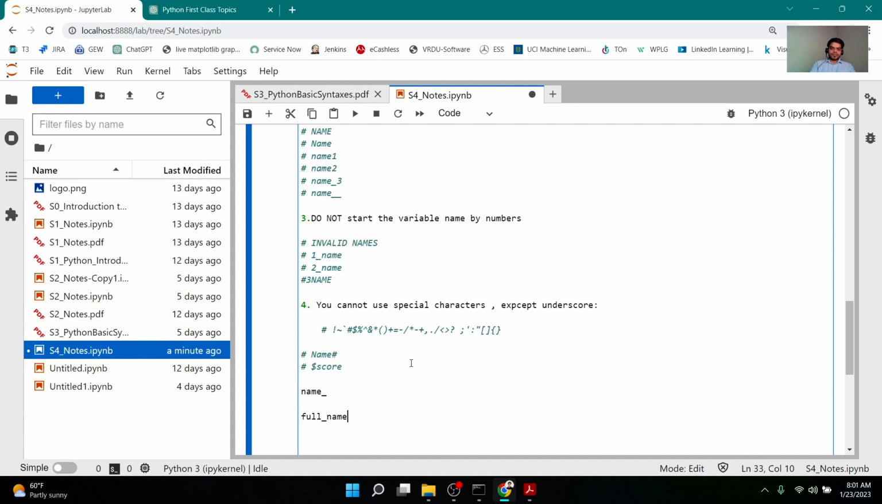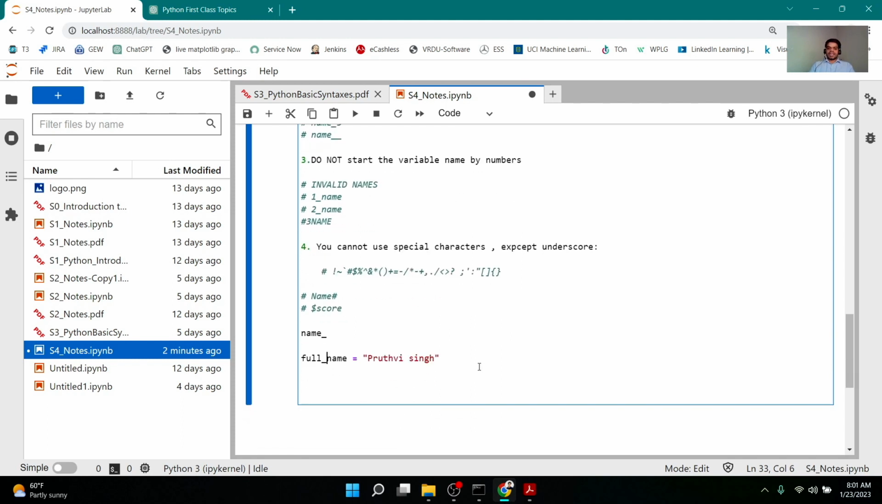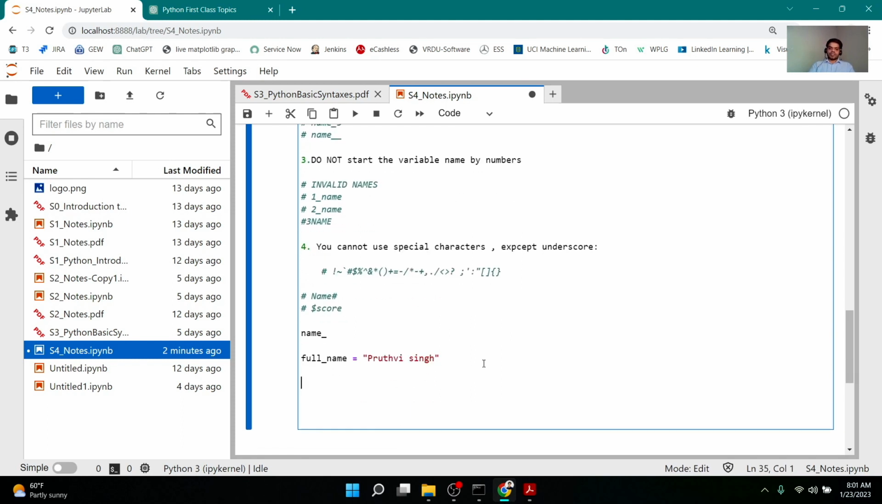Full_name, this is valid. So you see I'm using underscore here, but if I try to use a space here, a special character, you cannot use it like that. It has to be a single entity. Either you keep it joined, or if you have to separate for clarity, you can use underscore. That is all. And the last thing that you have to remember is